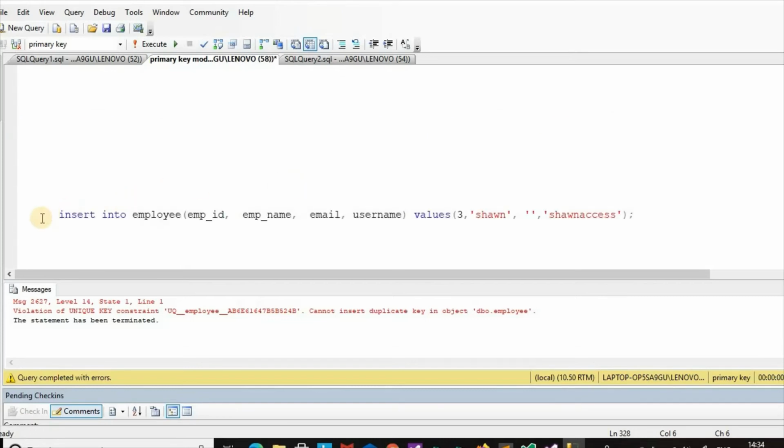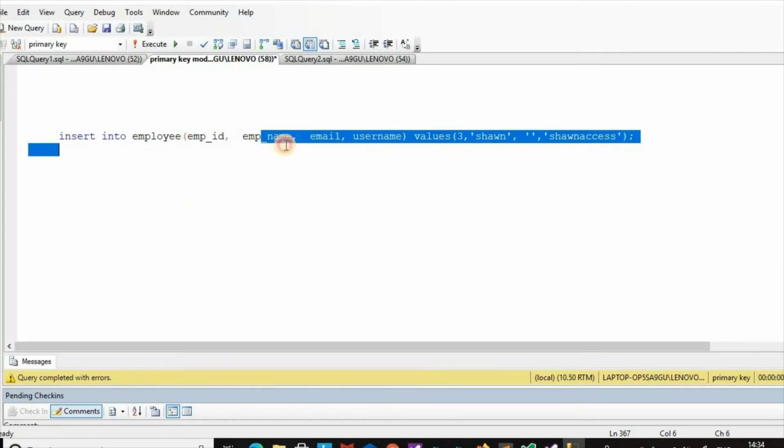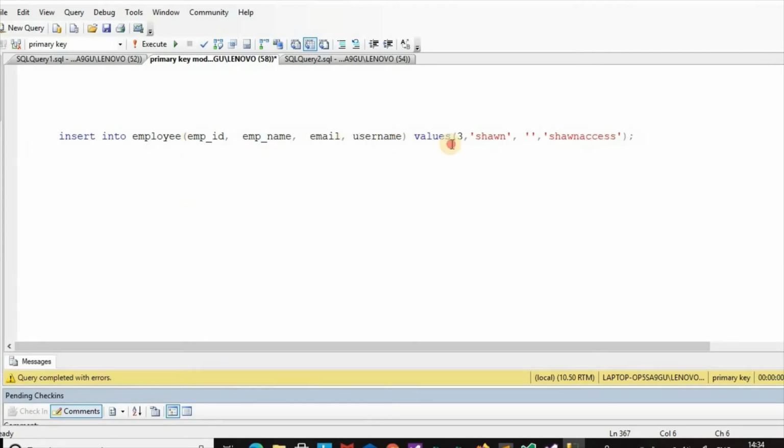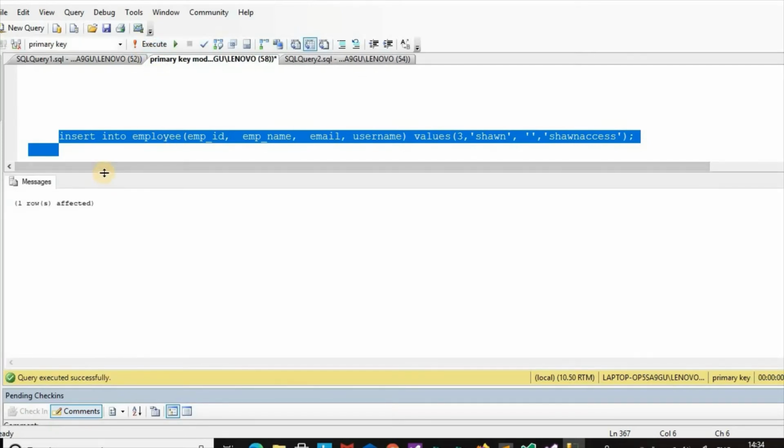Insert into employee emp id, emp name, email, username, values 3, shown. Here we have given a space instead of null, and this space is also entered.